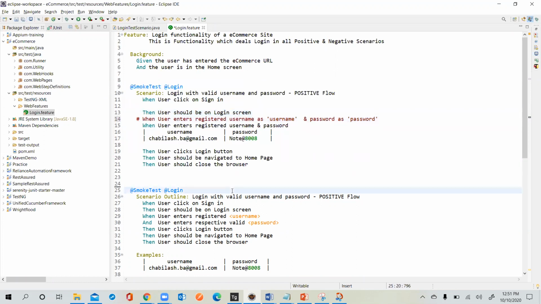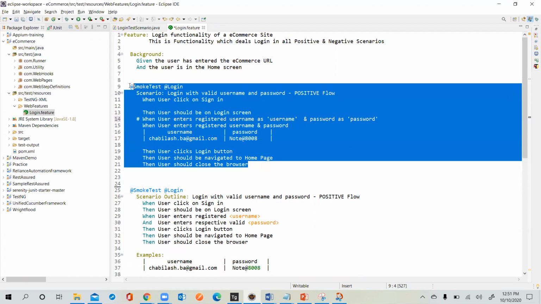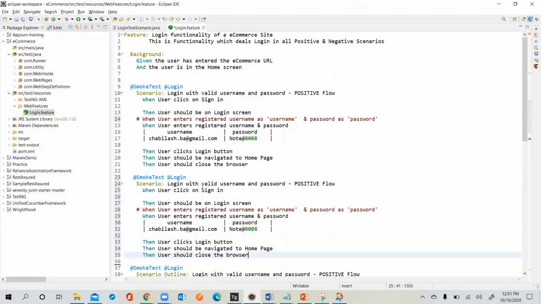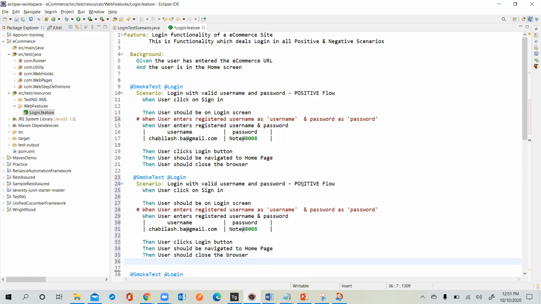Okay. Now, if you see here, this is one scenario. Now, if I wanted to write it for the negative scenario, what we need to do is copy that, paste it again, and enter the wrong password. It means you'll be saying that's a negative flow. Here, valid username and wrong password, right?